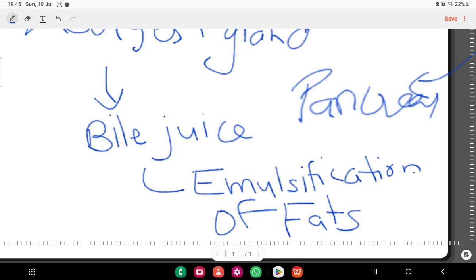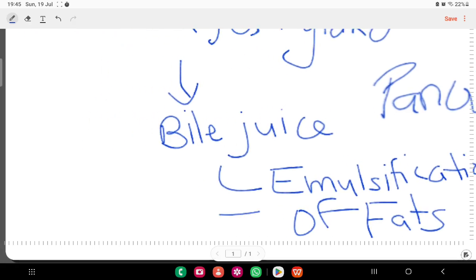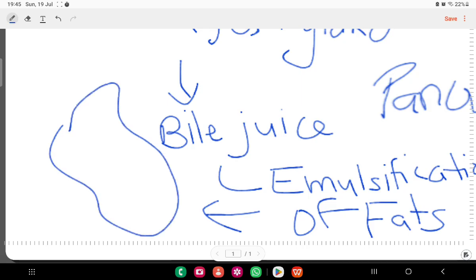Now you may wonder what the heck is emulsification. I mean, you guys have not read chapter 4, have you? Emulsification of fats means these large fat globules are broken down